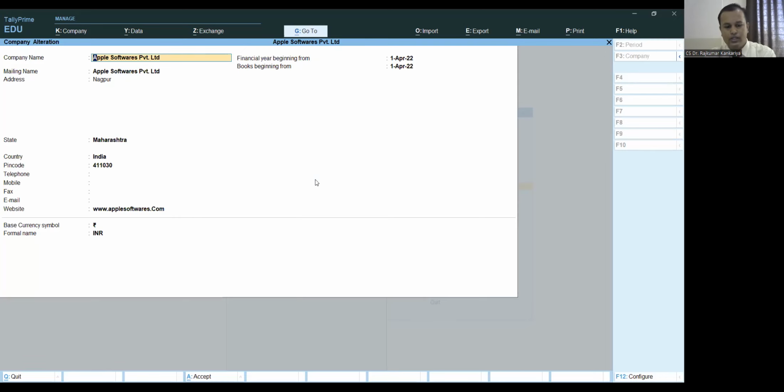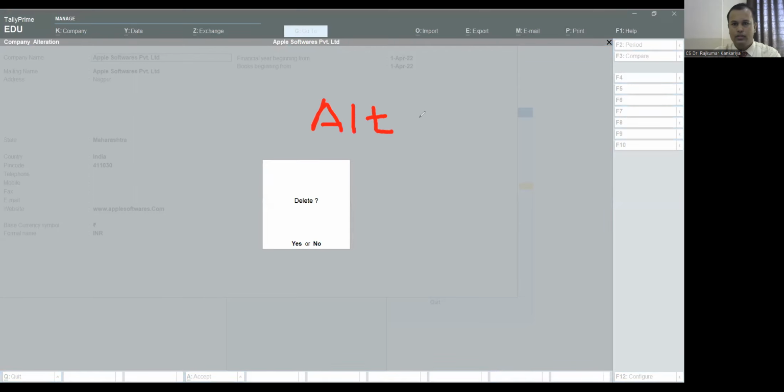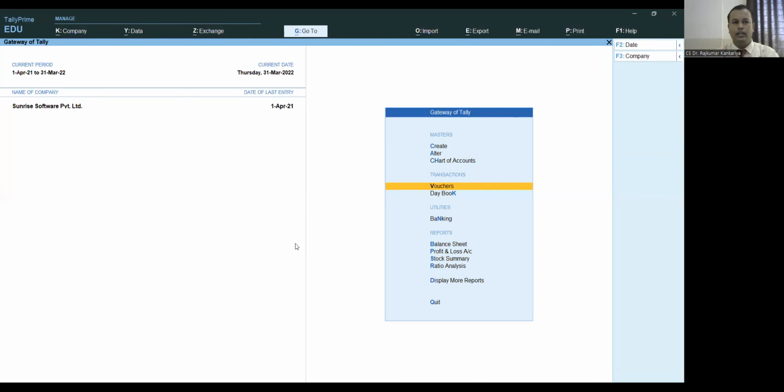Now just press Alt D command. Alt D. This is a command. Alt plus D. After pressing this command, you will get a message like this: delete yes or no. So after pressing on yes, it will again ask you one, are you sure? Are you sure this entire data would be deleted permanently? If you're going to press yes, as I'm doing right now, the data is removed from